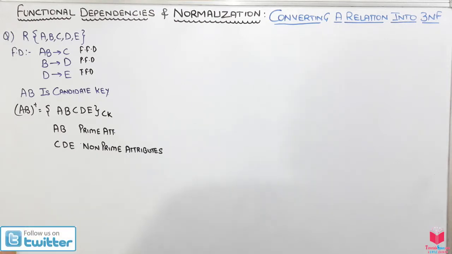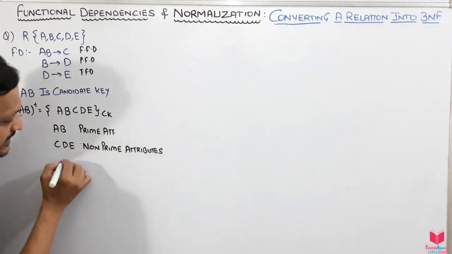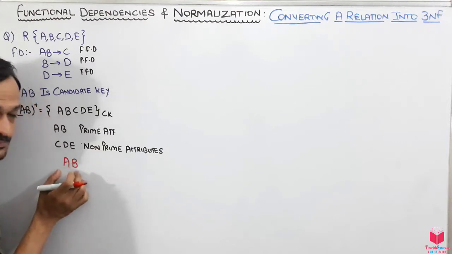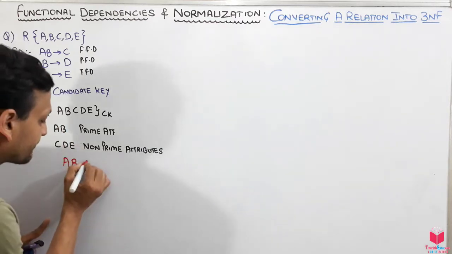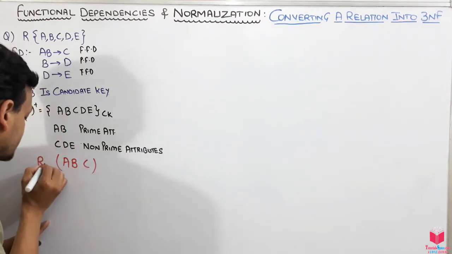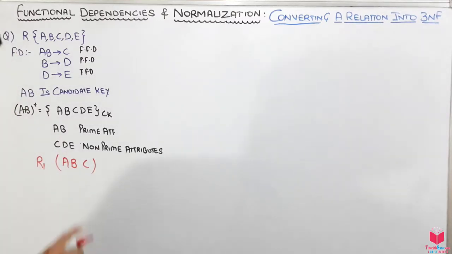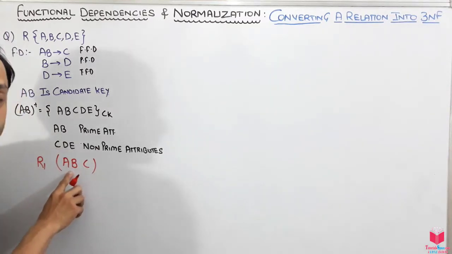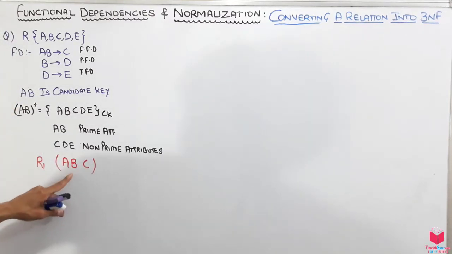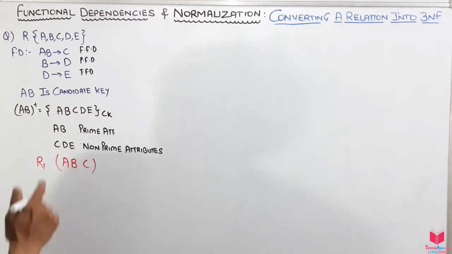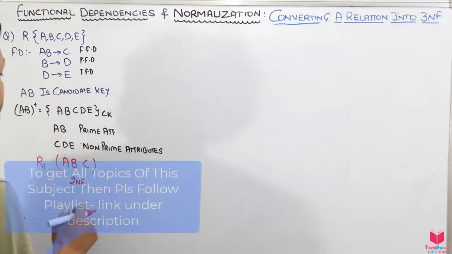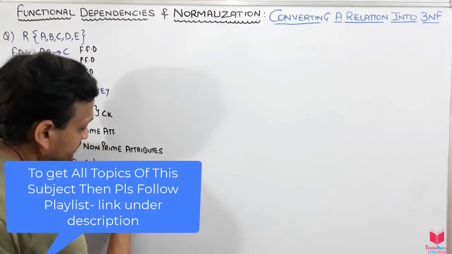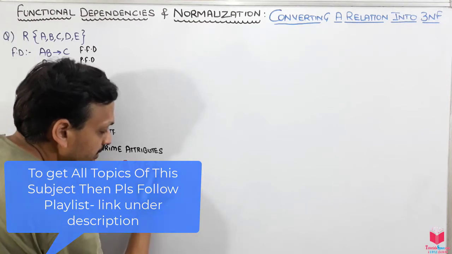So first of all we have to convert this table into 2NF form. How will we convert? We will decompose this table in such a way that we take the prime key attributes and the non-prime key attribute that depends on them completely, that is C, into one relation which satisfies the definition of 2NF, that is, the non-prime key attribute is fully functionally dependent upon the prime key attribute. So C is fully functionally dependent on AB. This is 2NF form. Now go for the other attributes, that is B, D and E. Let's see, B, D and E.